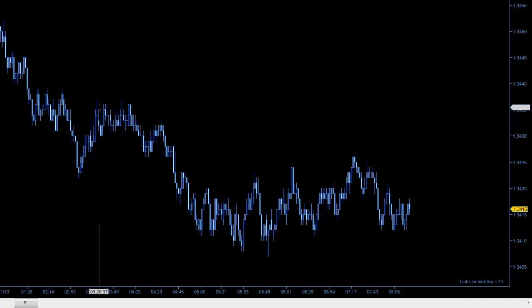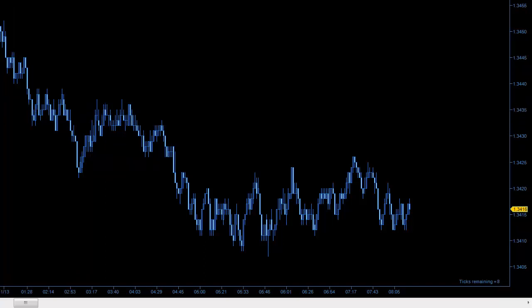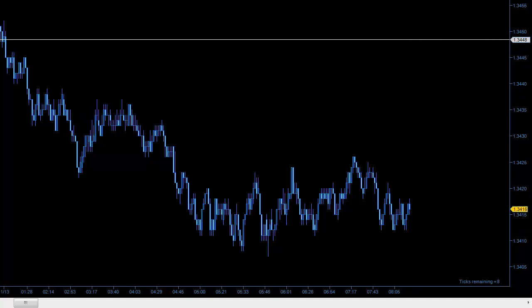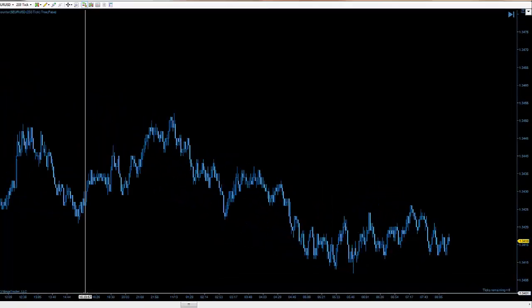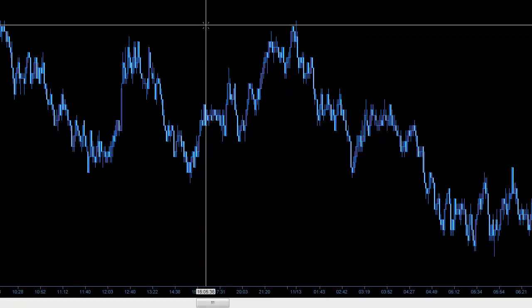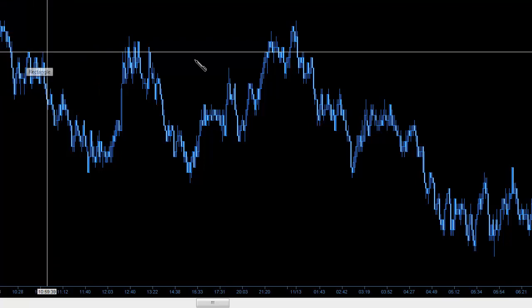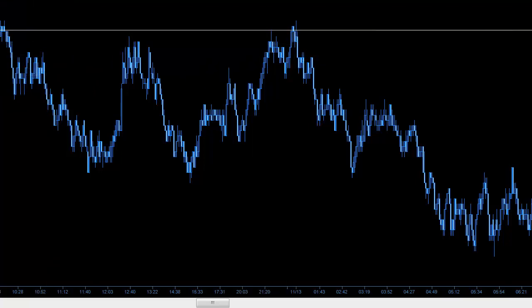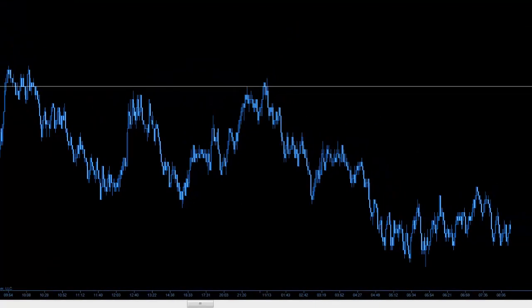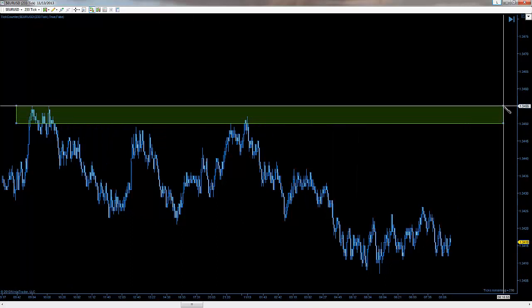I do this visually on my chart. I don't draw these in my trading. I draw them for your benefit. So we're going to go ahead and draw those now. I'm going to condense this chart a little bit and look further back and see that we have an area here that we want to identify. We'll use our rectangle tool here, and we're going to go from here and bring that across,